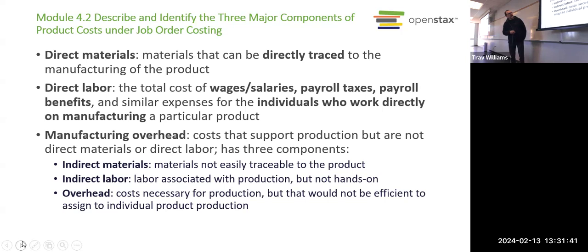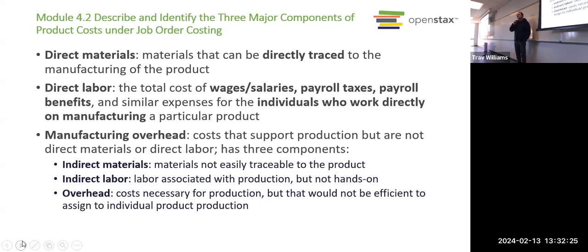And then everything else, right? Everything that is not direct materials and not direct labor is part of manufacturing overhead, which includes indirect materials, indirect labor, and everything else. What do we mean by indirect materials? They're materials that, that's right, they're not directly related to a specific product, right? They did get used somehow in the production process.